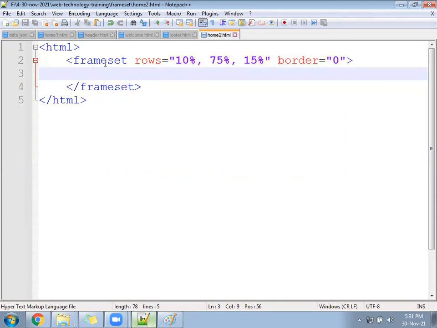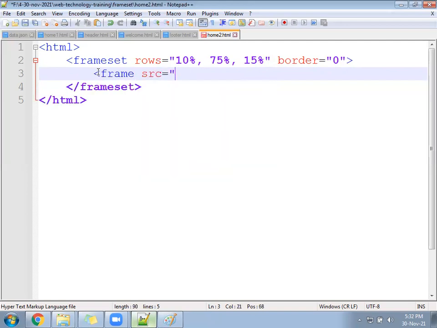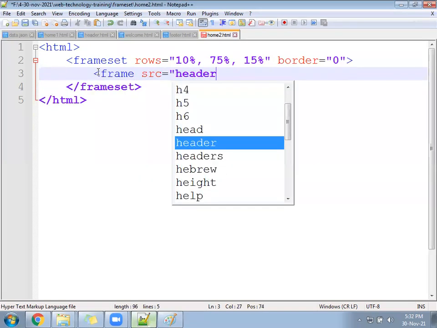Frame set open close. Under the frame set, follow the first frame, src header.html.